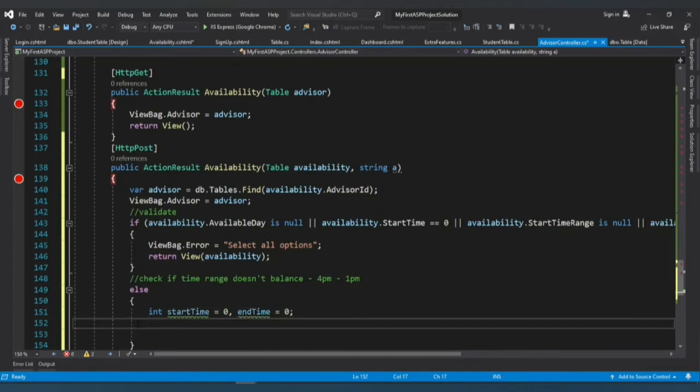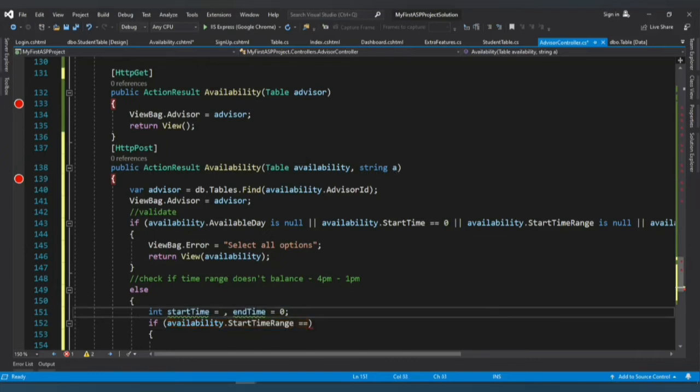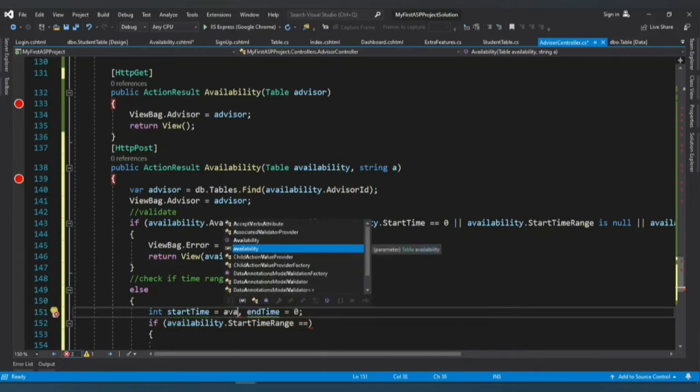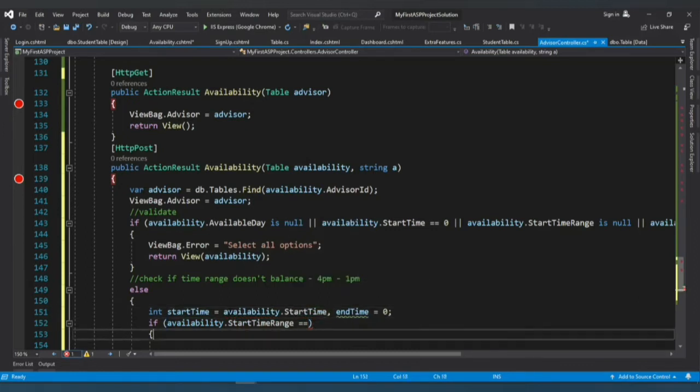Then if availability.startTimeRange is, okay, yes, so the startTime is going to be availability.startTime. So if the start time range is equal to PM,